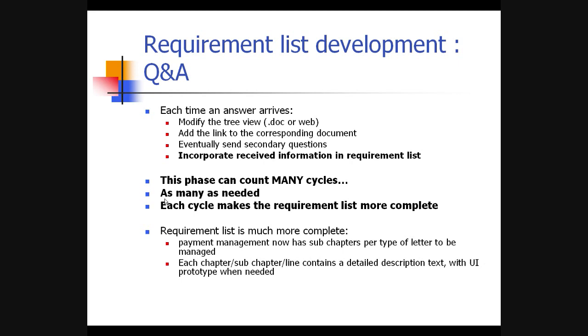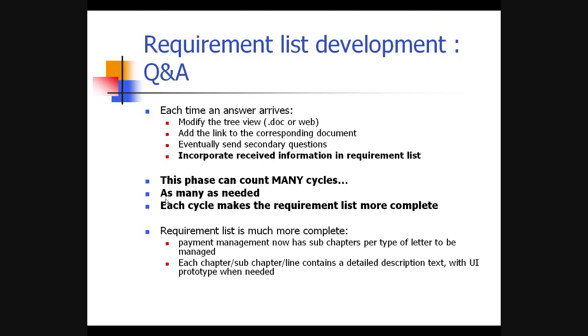Of course, each chapter, sub-chapter or line will contain a detailed description text with, when needed, a UI prototype image, which is very easy and fast to do in WinDev. Giving the customer an idea on how it's going to work, and if it's not necessary for the things that are really simple, it's very often a good idea to include a UI prototype image and a text explaining how the UI is going to work when the process is complex and is concerning something that is